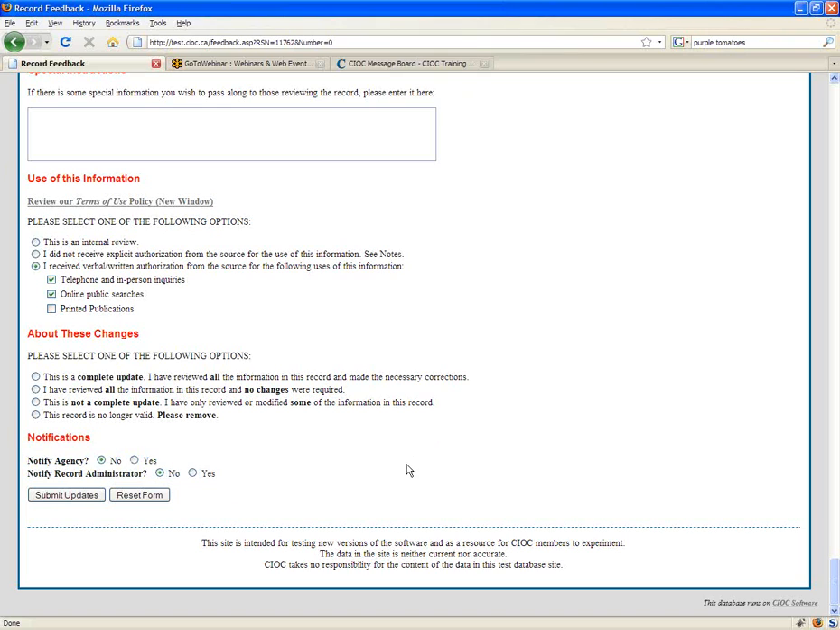So in my case, I have the ability to decide whether or not to send out notifications when this change is submitted. Notify agency means that when this change is submitted, a notice with all of the changes will be sent to the contact person listed in the record. That will either be the update contact email or it may be the organization email, depending on what's available in the record. And that would give them an opportunity to review these changes and ensure that no mistakes were made,